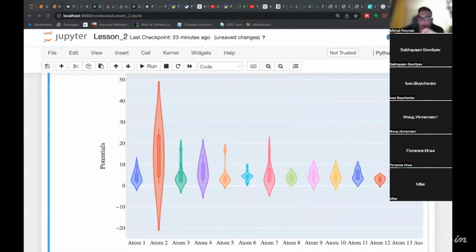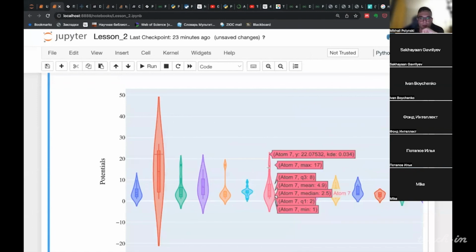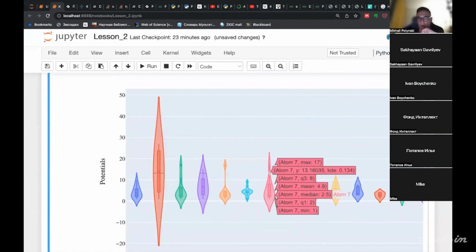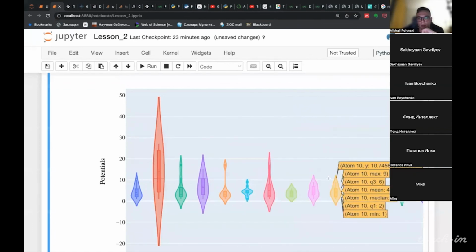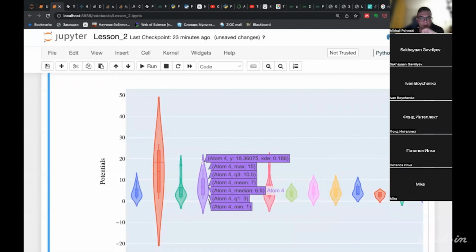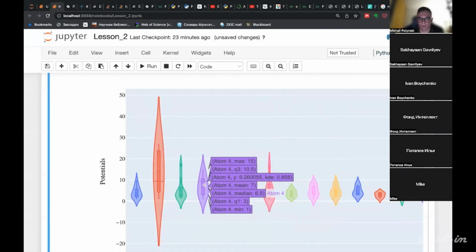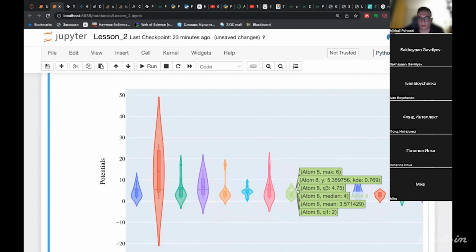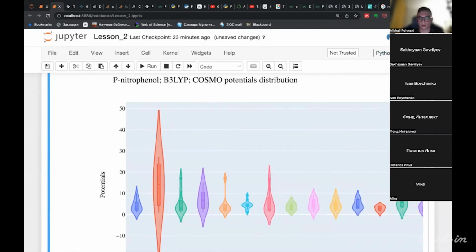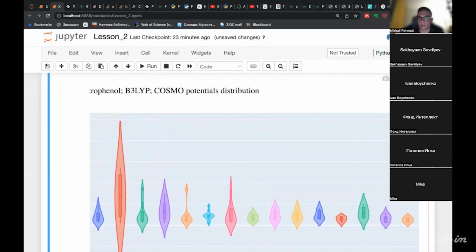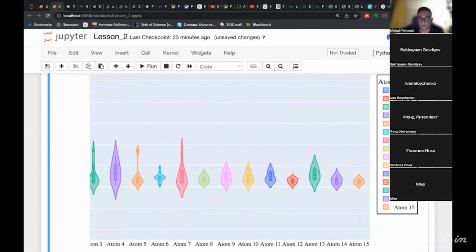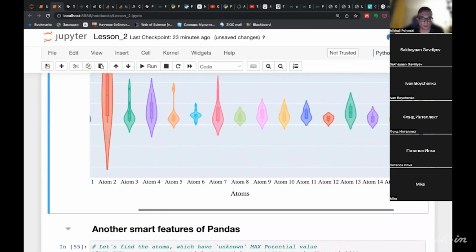And we can visualize the distribution by using Plotly. Note that it's highly interactive, so you can analyze data, visualize data with interactive plots.